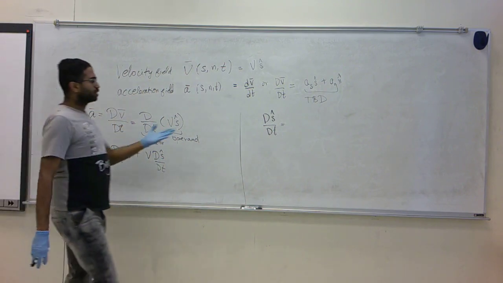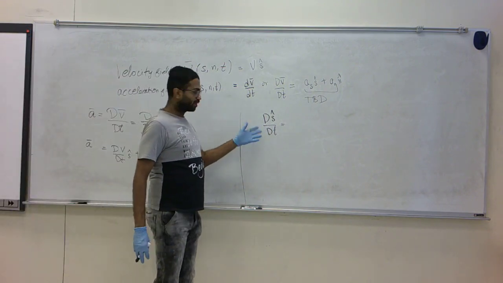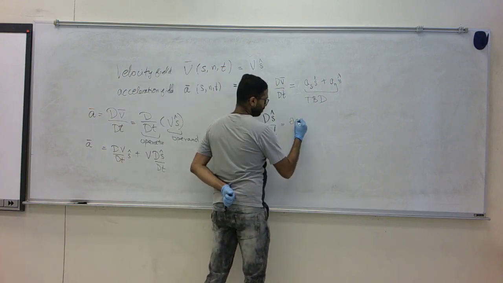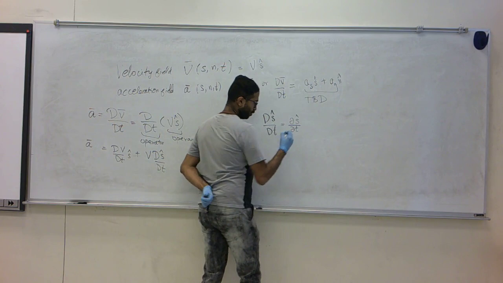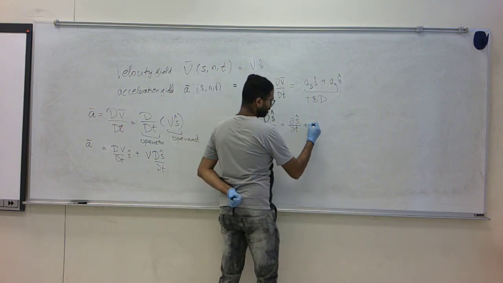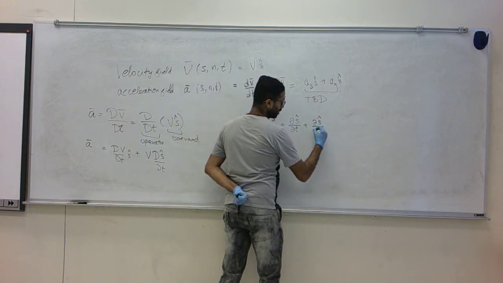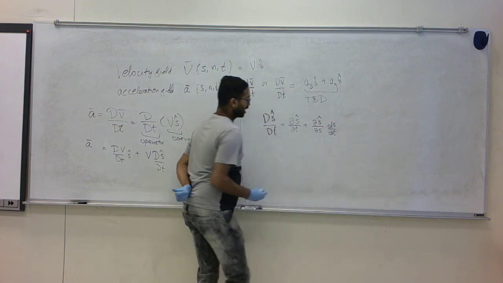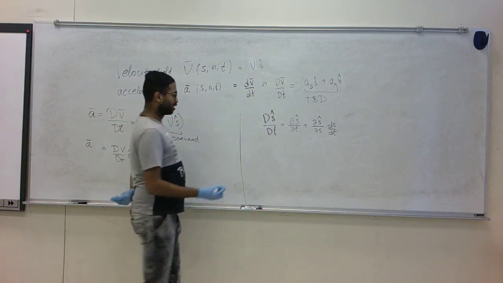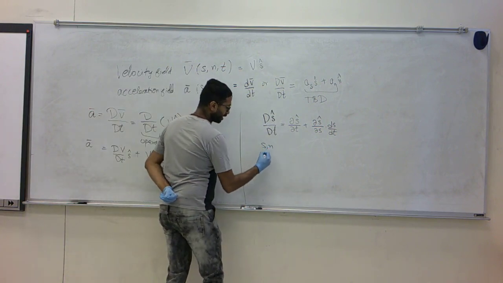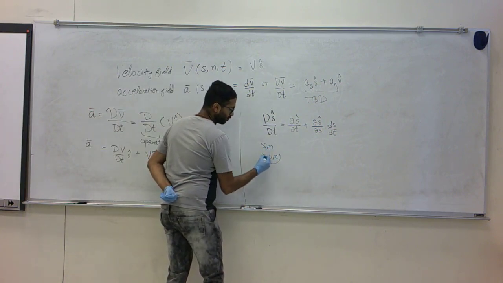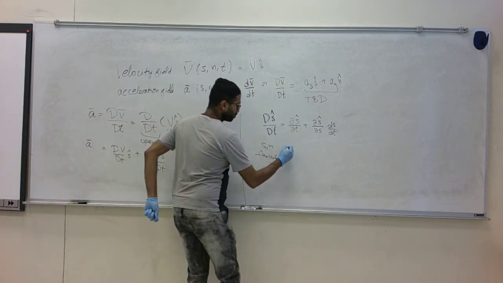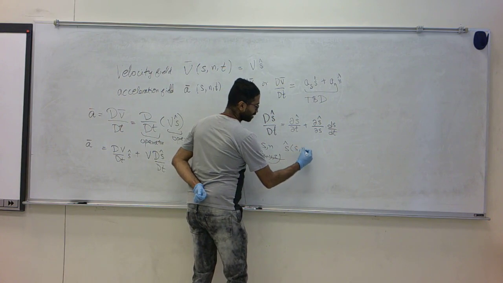So applying the definition of the material derivative to d s-cap over dt, this would be the partial derivative of s-cap with respect to time, plus the derivative of s-cap with distance times ds over dt. Remember, your spatial coordinates are now s and n, and they are not x, y, z as before. So s-cap here is a function of s and n.